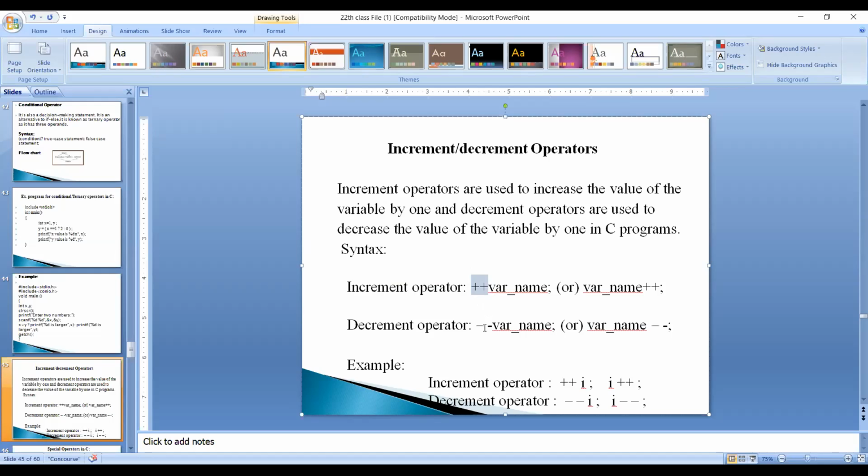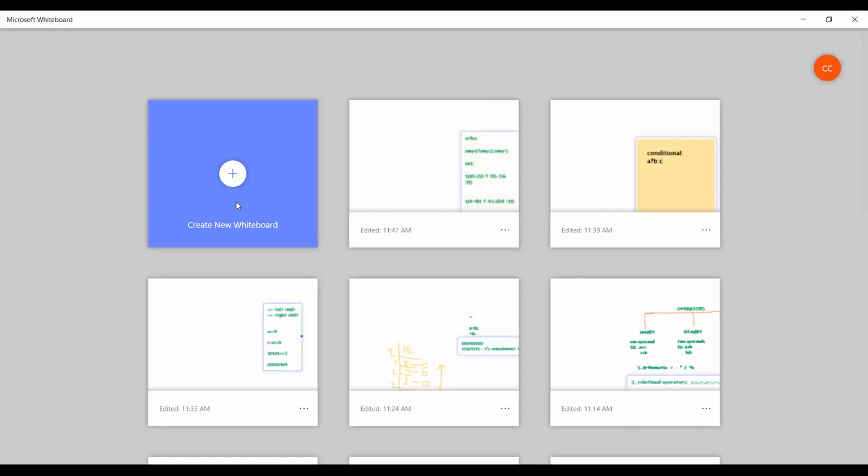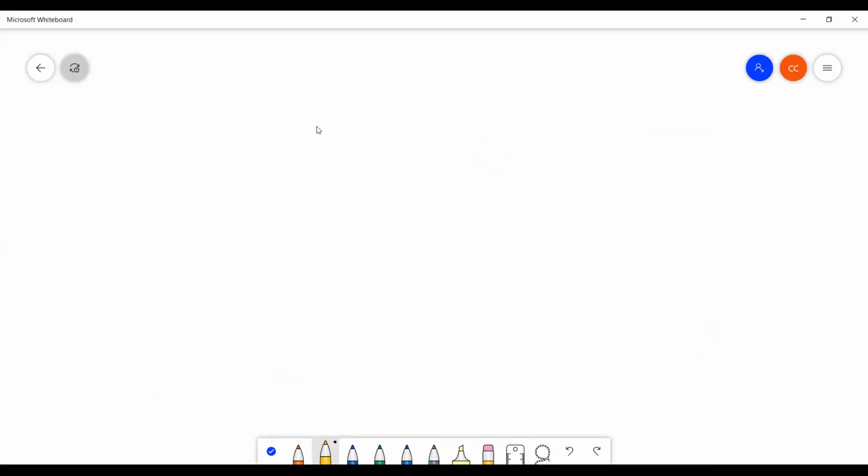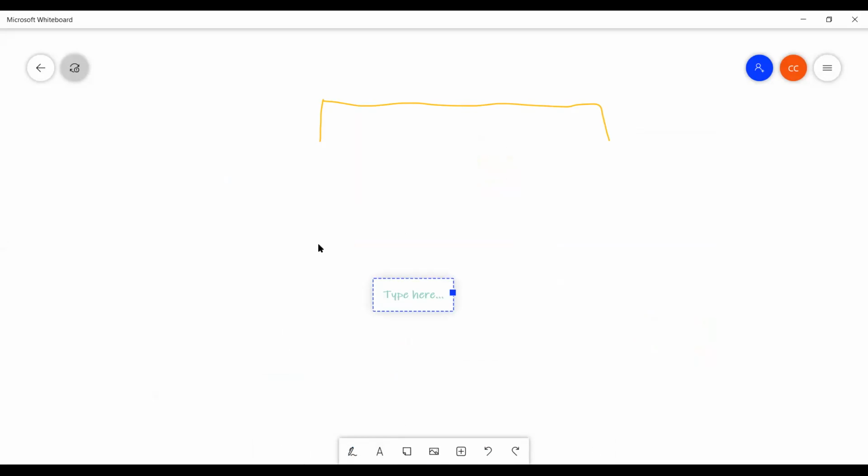Okay, here. So the first one is called plus plus, the second one is called minus minus.